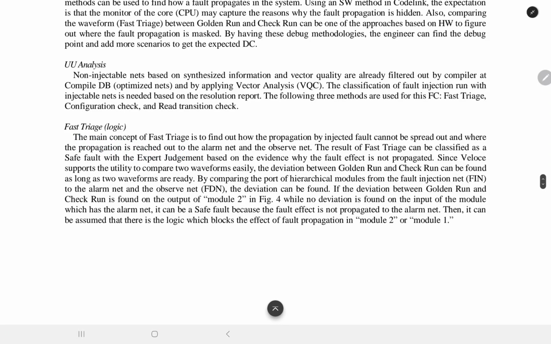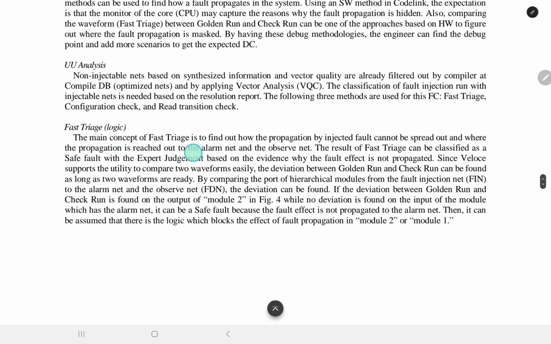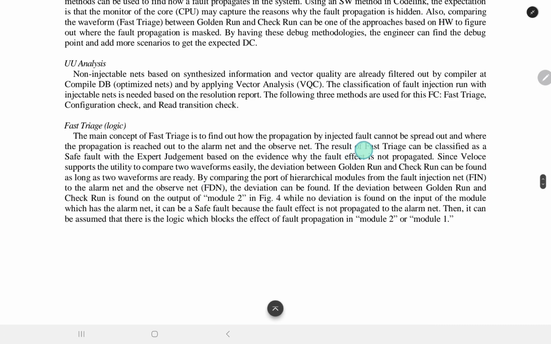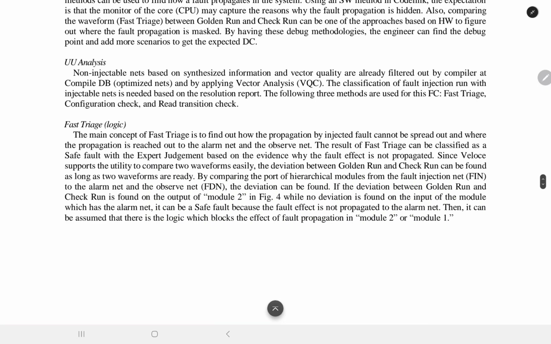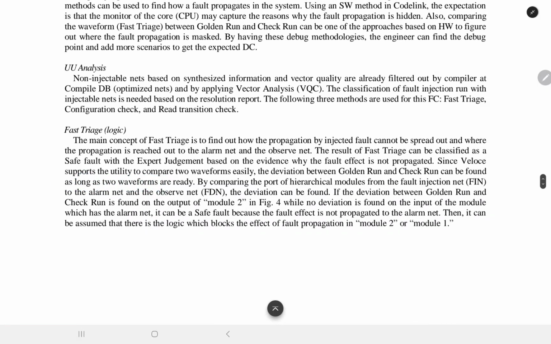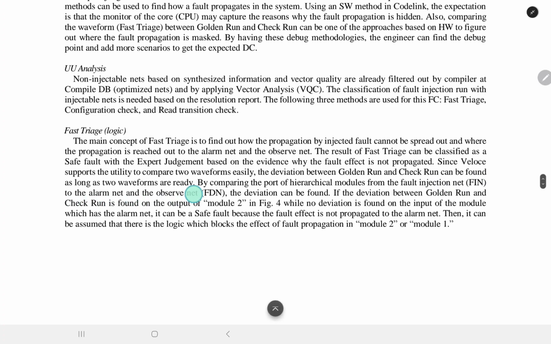The main concept of the fast triage is to find out how propagation by the injected fault is spread out and where the propagation reaches the alarm net and the observed net. The result of the fast triage can be classified as a safe fault with expert judgment based on the evidence why the fault effect is not propagated. Since the Veloce supports a utility to compare two waveforms easily, deviation between the golden run and check run can be found as long as the waveforms are ready. By comparing the ports of hierarchical modules from the fault injection net (FIN) to the alarm and the observed net (FDN), the